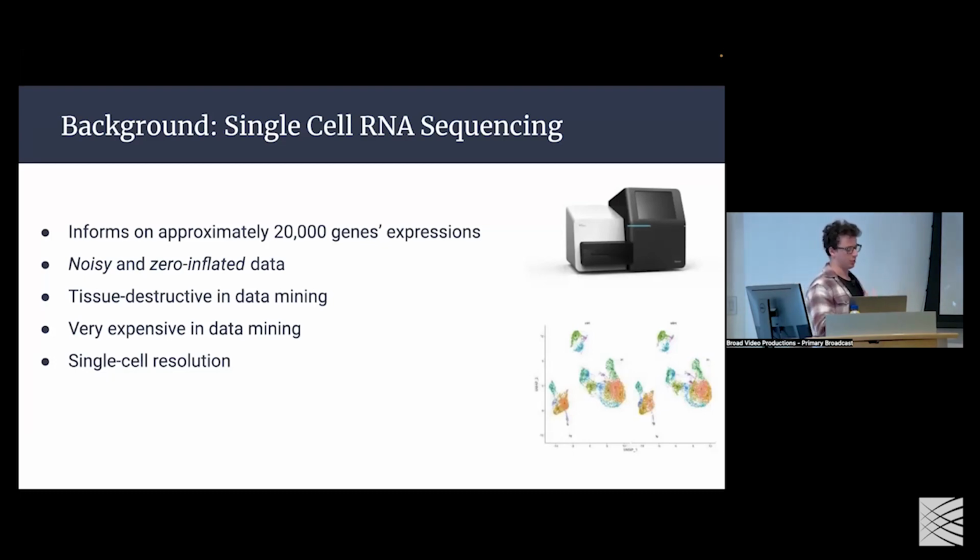It's broken down into tens of thousands of individual cells. And for each of those cells, we have expression information for approximately 20,000 genes. So that'll just tell you how strongly is this gene expressed, based on transcriptomic data? There are a few drawbacks in terms of data quality. It's quite noisy, very zero inflated. It's destructive, incredibly expensive. But at the end of the day, you get single cell resolution transcriptomic data, and that's